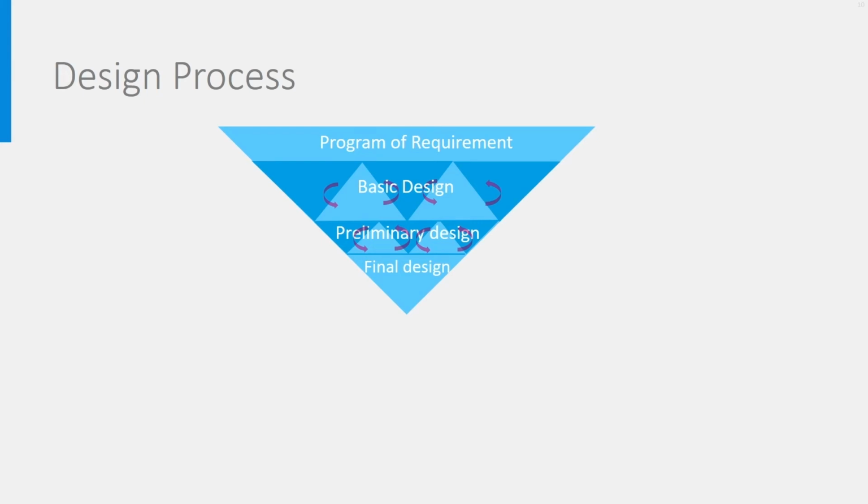He or she will be prescribing performances to be achieved rather than means how to achieve it. This is called performance-based requirements or contracting. After this phase comes the phase of basic design. In this phase, first ideas are developed and discussed with the client, the architect and other experts.